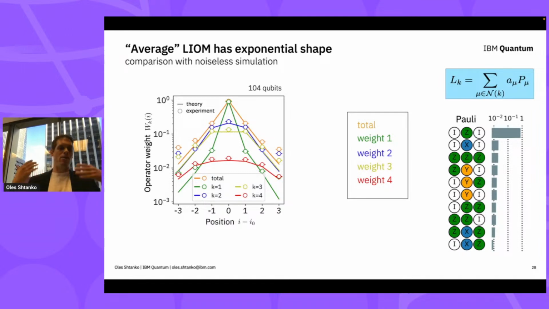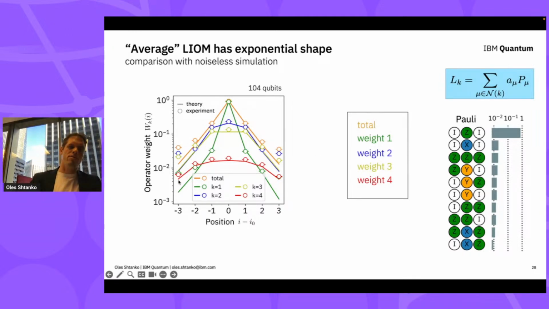Finally, you can compare what you do experimentally with what numerical simulation gives you, just to make sure that you do everything right. So now, keep in mind, this is a one-dimensional system, and it's evolving very slowly. Entanglement is built very slowly, so you can, in general, simulate it classically. So there is no quantum advantage in a one-dimensional spin chain here. So you can accurately simulate it using classical methods.